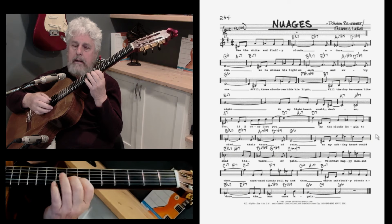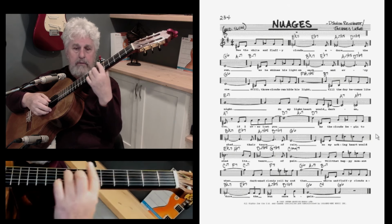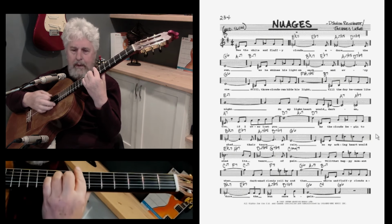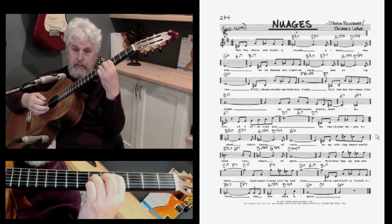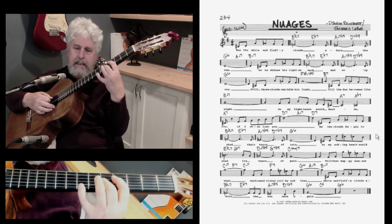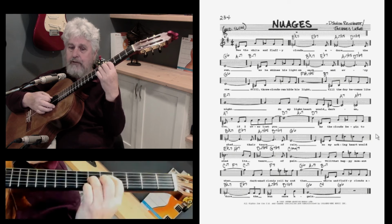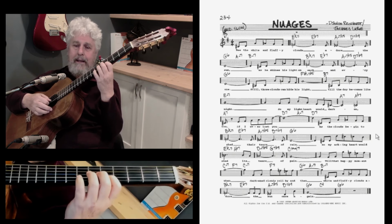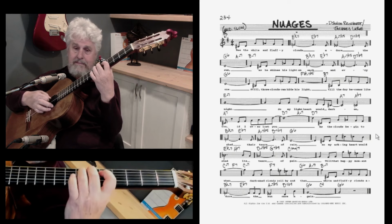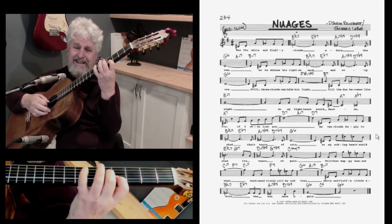And then we have that little line leading to the A7, so it's really like a slow 2-5, like E minor to the A7 is a 2-5, and then this chromatic A7, which is almost like going to a D7, like in a blues, from a 1 to a 4 and back to the 1. And so if you're soloing over an A7, you can use all your blues licks, and then if you wanted to treat that as a 4,